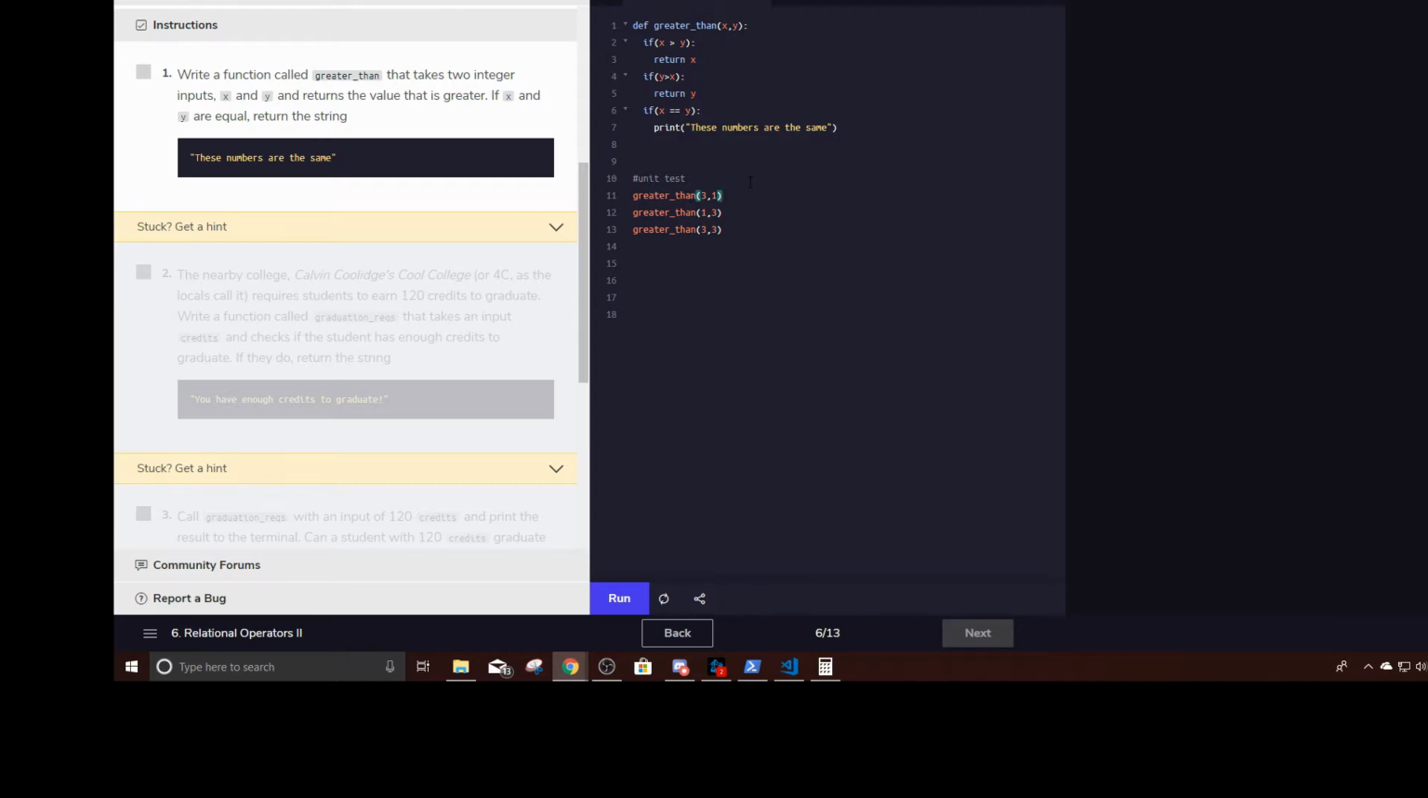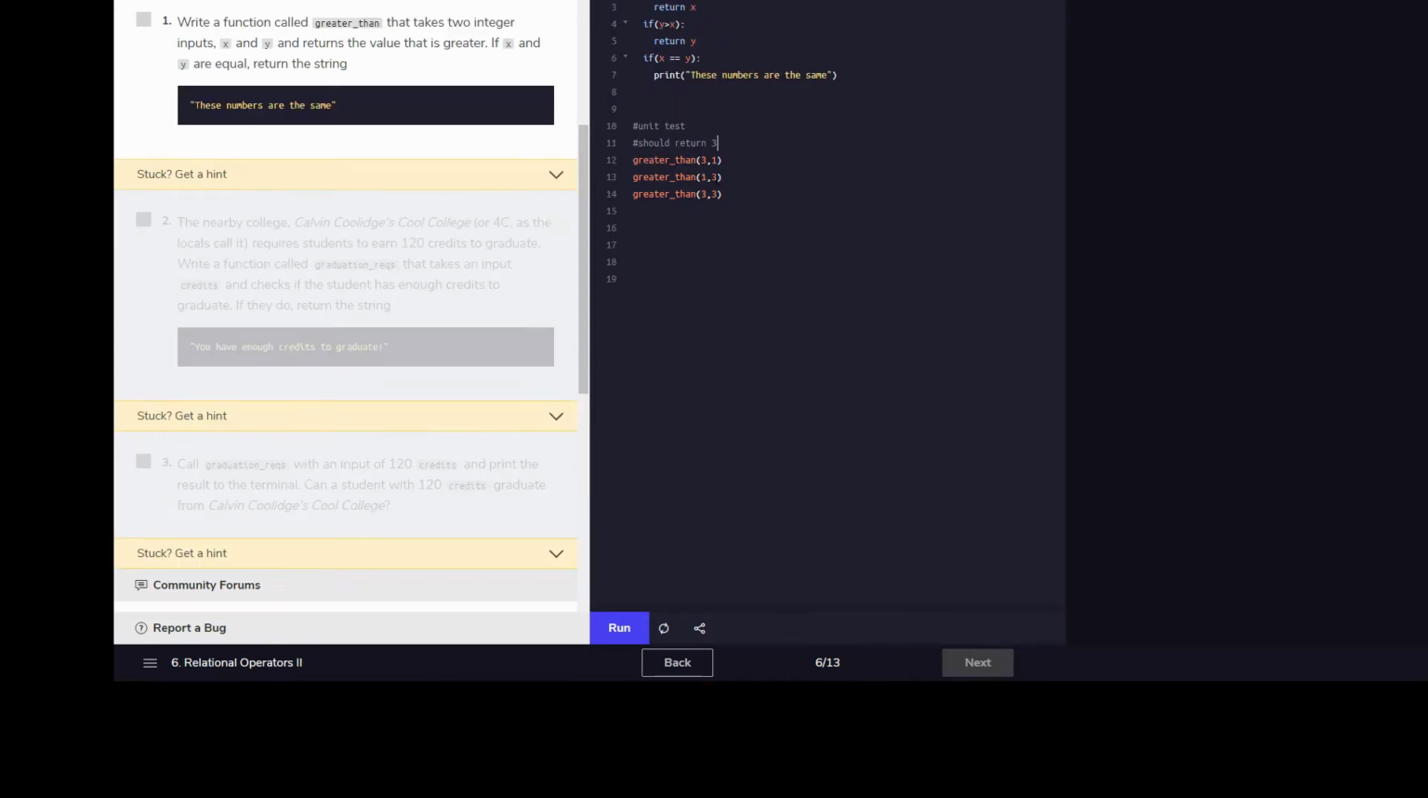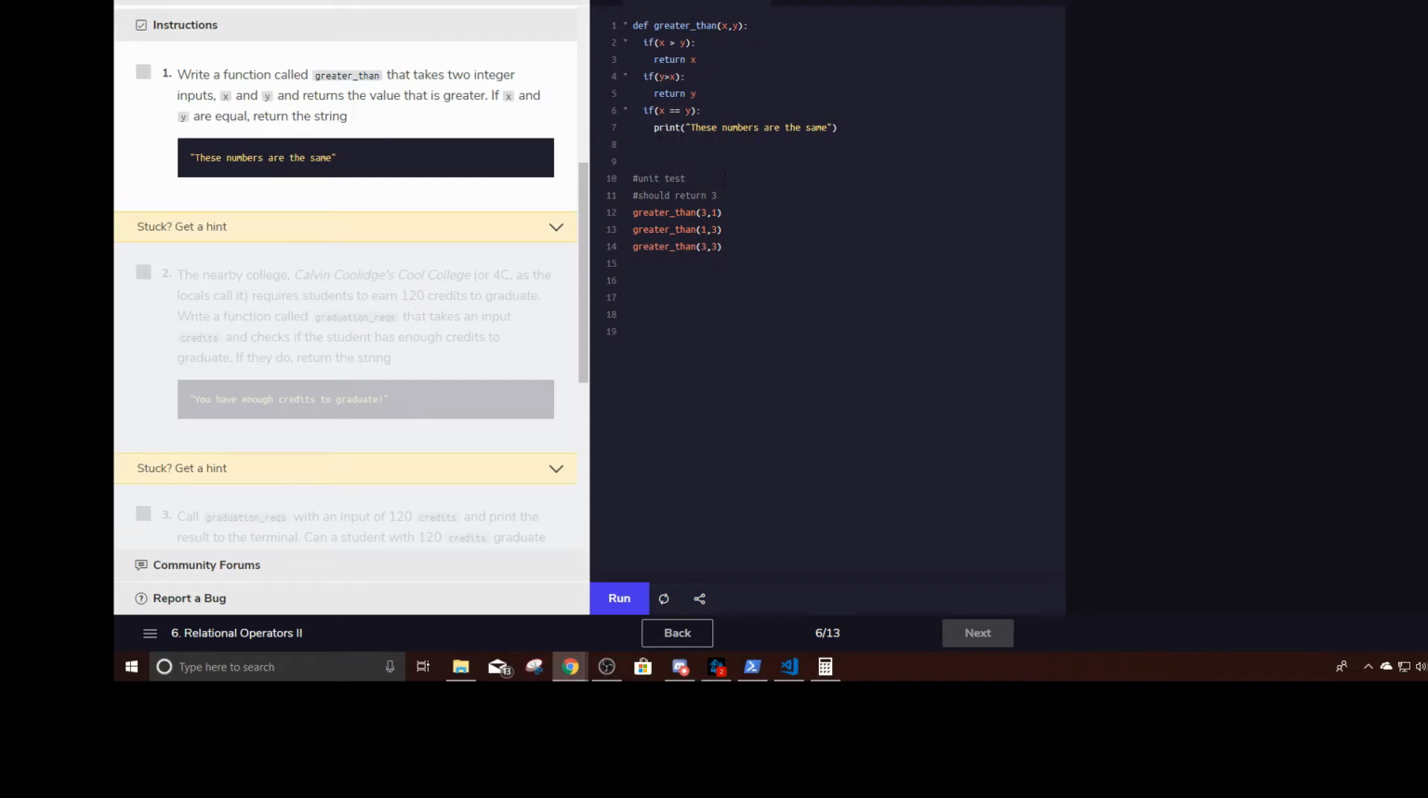And so all you QAs out there, you're going to write should return 3. Okay? Because x is 3, and so if x is greater than y, which in this case y is 1, it should return 3, right? And then the next one should return y, which is 3, okay? And then should return string. So let's run this,